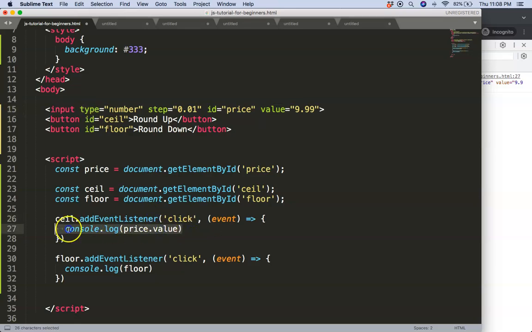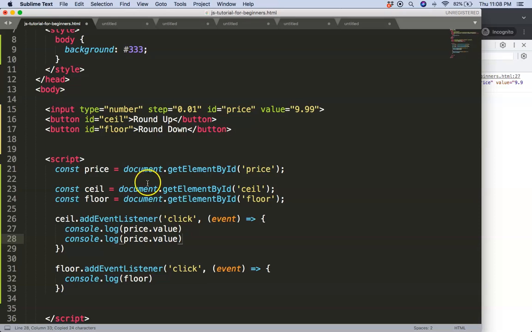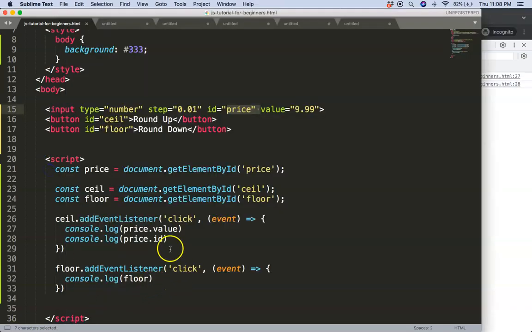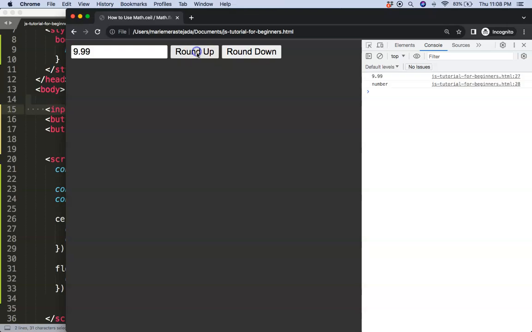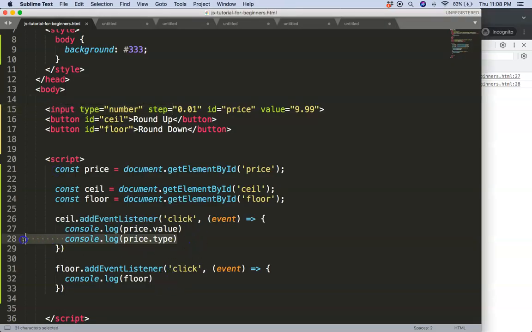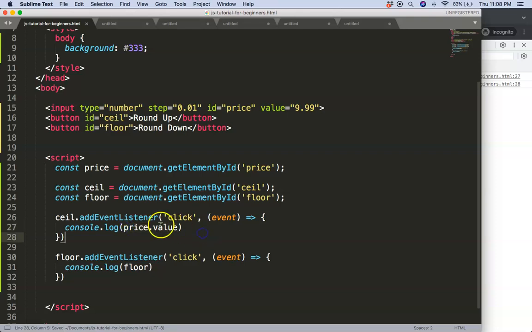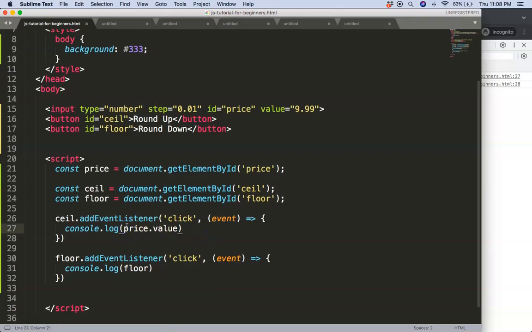So let's show you. I'm going to grab this, and let's say here price dot ID. Then we should get the ID name. So refresh, click here. You can see here we get the ID name, and if I put in here type, we just get whatever it would be indicated here. Refresh, there we are. We know this is the type for the input is number. Alright, so now we have this. Let's remove this. Now I'm going to grab that value, and the next thing what I would like to do here now is start to